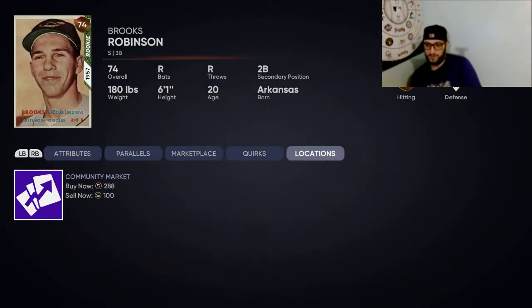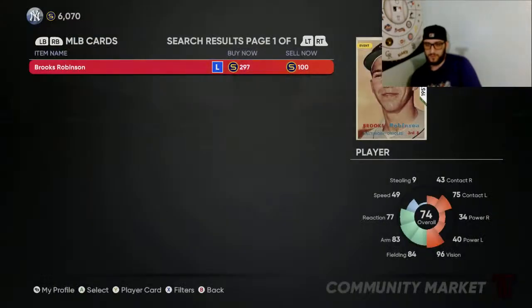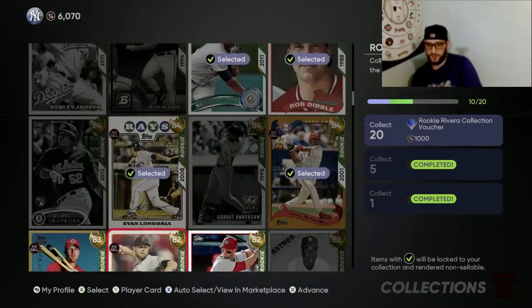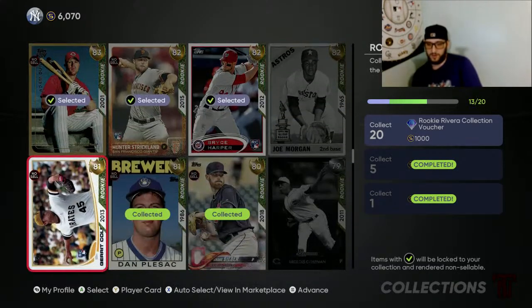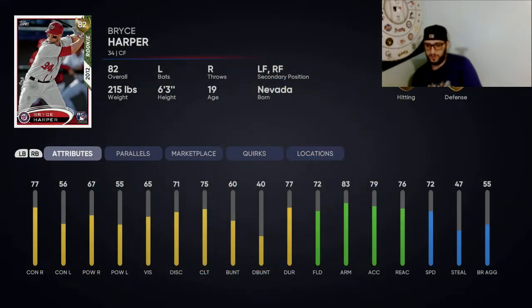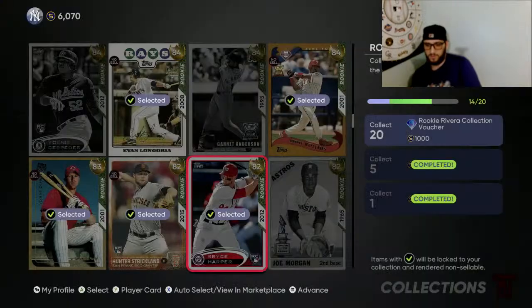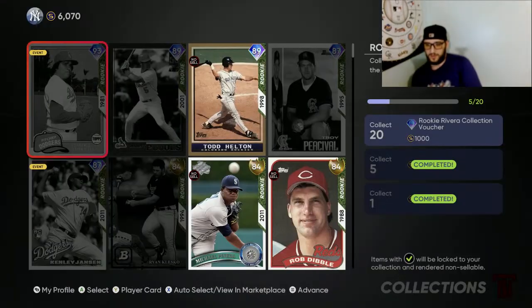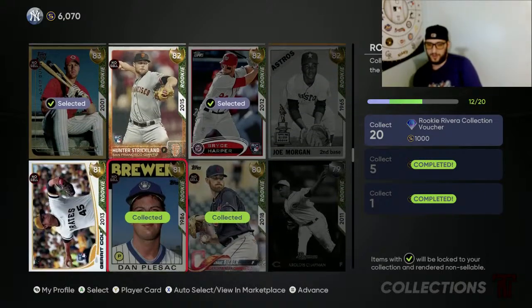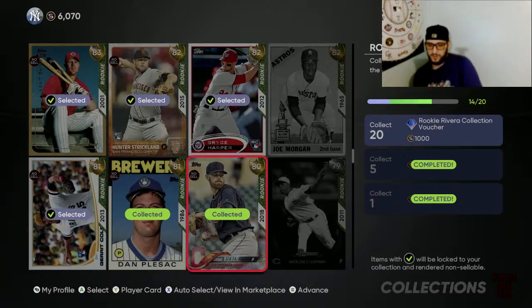What even is this card? Well, let's just make sure I'm not doing anything with any of these cards. You can sell this card? No, I didn't think so. It just says no sell because it's not collected, but you can't do anything with that card. But yeah, it looks like